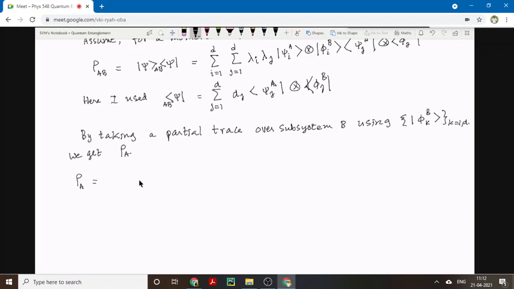Rho A is equal to the partial trace over B of rho AB,